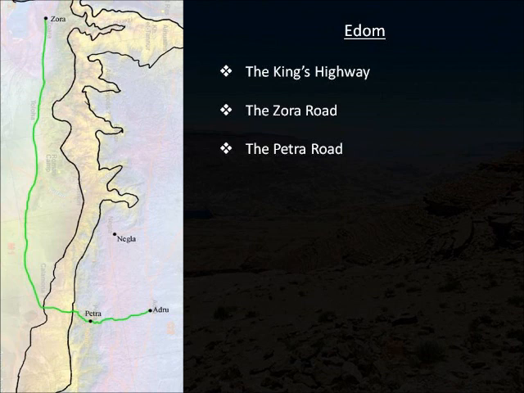And then finally we have one major road that connects Zorah to Petra, and it goes all the way through, meandering through the Wadi Arava until it hits a nice little break in the cliffs of Edom, and then you travel very haphazardly through those cliffs until finally you reach the city of Petra. And then from the city of Petra, you can go even further north to Ardu until you reach back to the King's Highway.